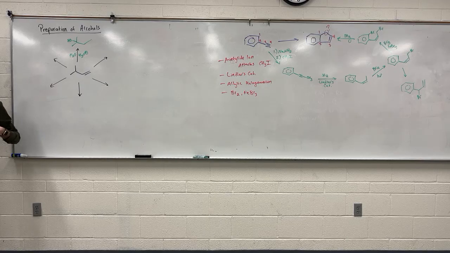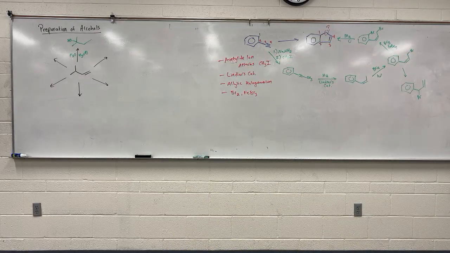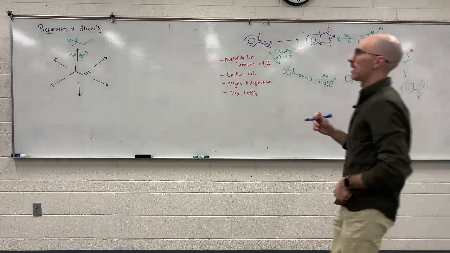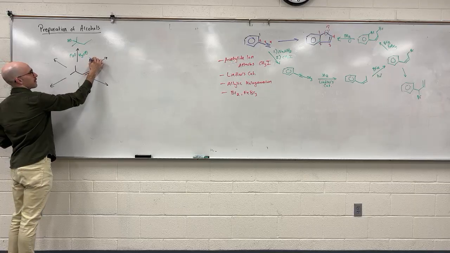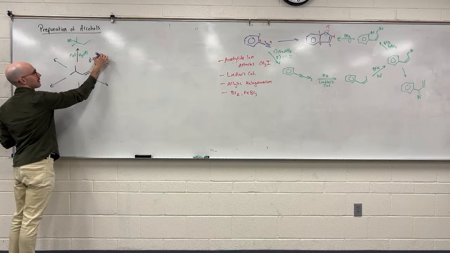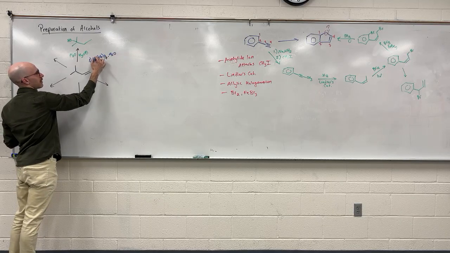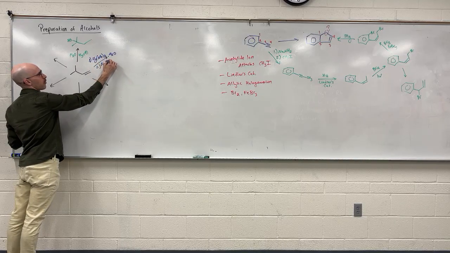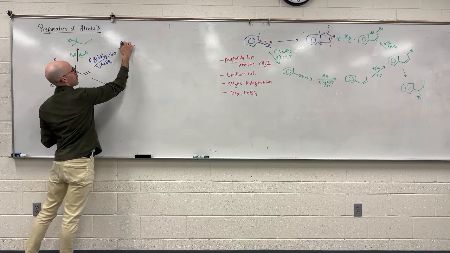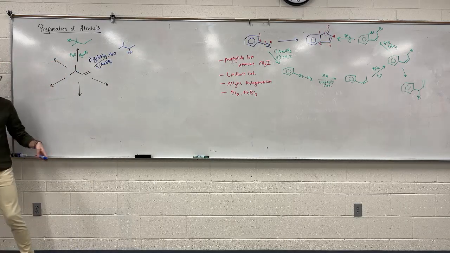Acid catalyzed hydration. Give me the chemical formulas. Oxymercuration, reduction. Mercury acetate and water, followed by a reducing agent, NaBH4. This is a Markovnikov addition, but it avoids carbocation rearrangements. Is Markovnikov